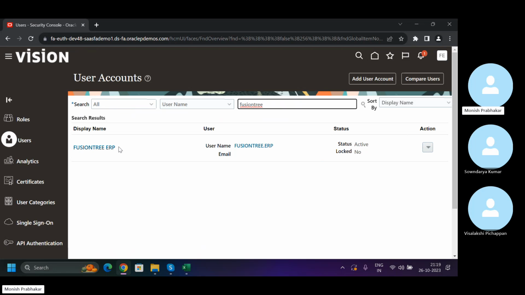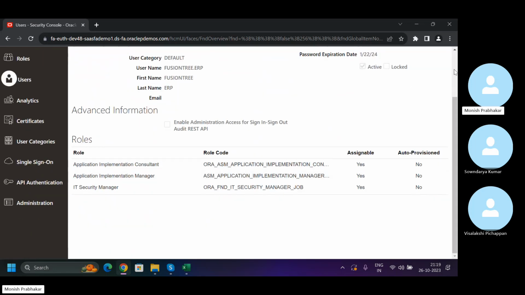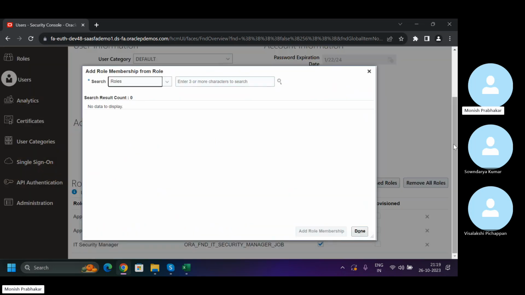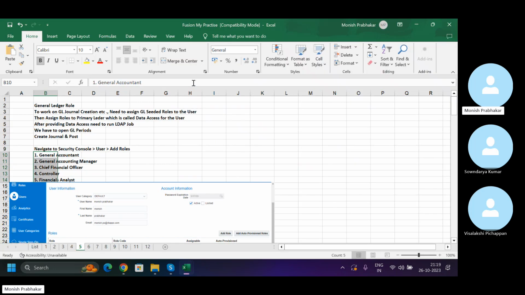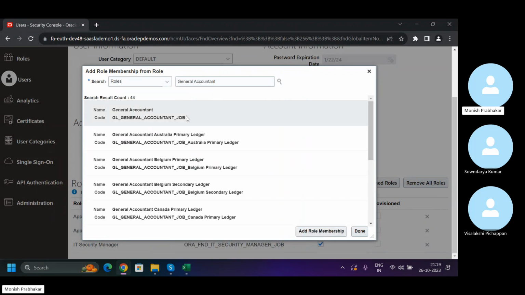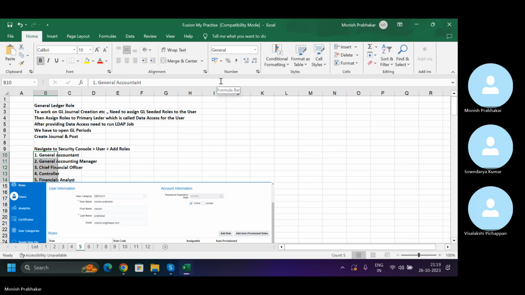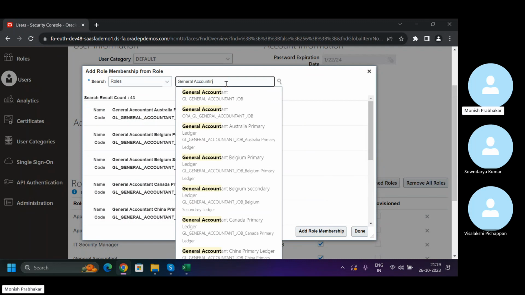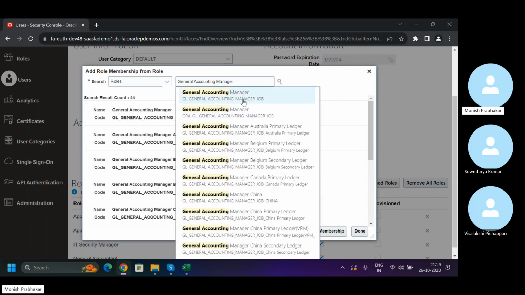Our user, edit, add roles. We will add general accountant, general accounting manager,